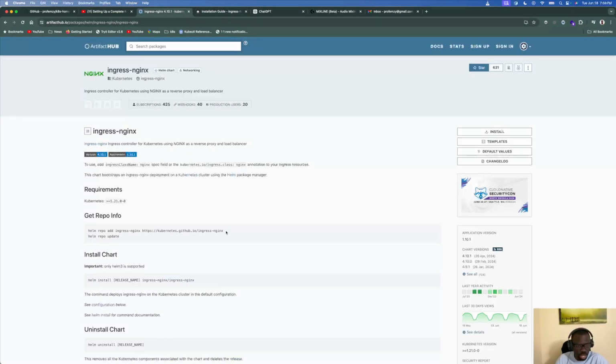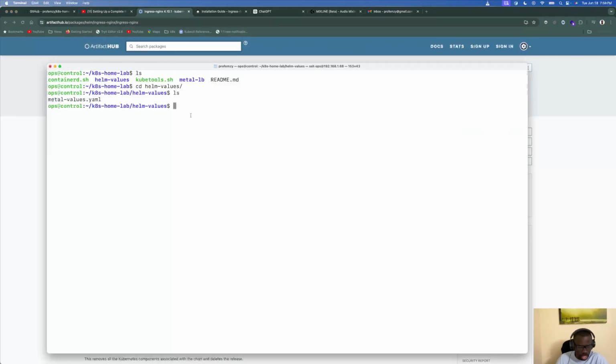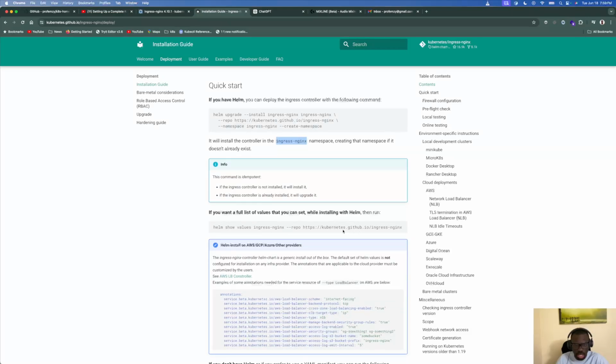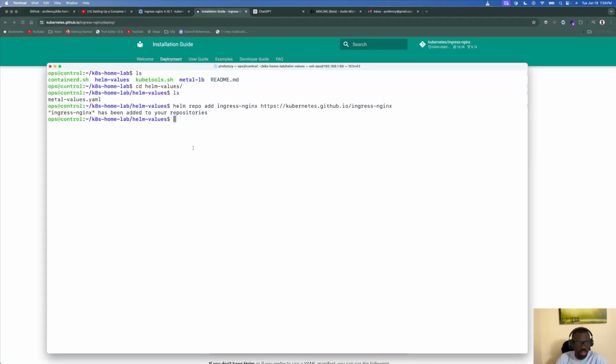I'm just going to add the repo into my local Helm resources. So I go in there and do this, adding the repo, and then that is in, so I can then go ahead and show the values. Okay, I could have passed it, but it's fine. So I have that, and I'll copy that and paste it here and pipe it into its own file, which is